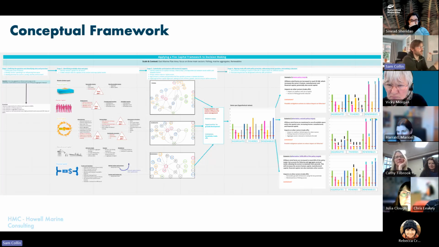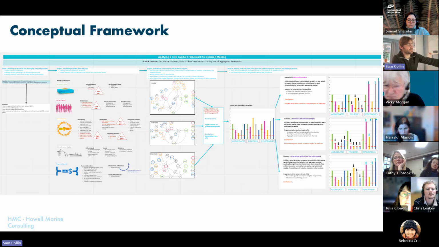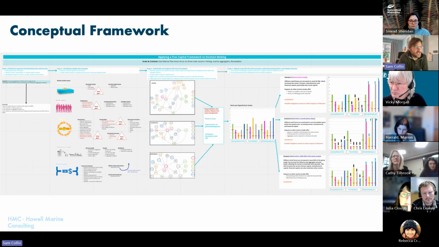So as part of the process of developing this, I appreciate this is very small, but it's just to highlight that we ran a workshop running through this process with marine planners from the MMO, and going from left to right, you have this first stage where you are identifying your question. The second part is developing your asset register. This part in the middle is really developing the asset networks, identifying relative values. And through that process, this next step along is giving you an idea of a status quo of the relative values of each of the sectors and broken down by each of those capitals.